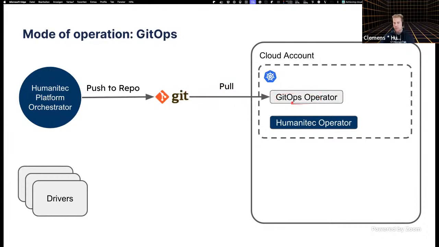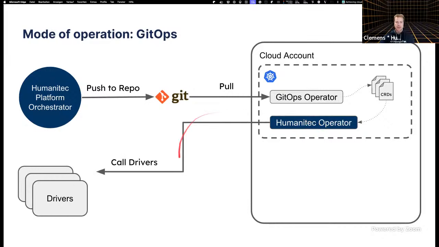From there, the GitOps operator, which lives over here in your Kubernetes cluster, let's say Argo CD, pulls all of that in. Yeah, so a lot of custom resources are now in the cluster. The Humanitec operator takes note of that and is summoned into action. It calls out to something we call drivers, which actually interface with the infrastructure and bring it to life.